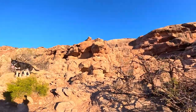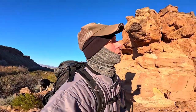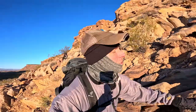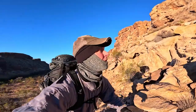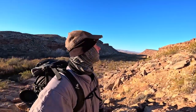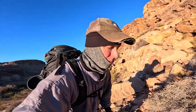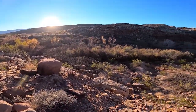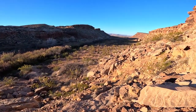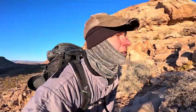Looks like there might be an alcove in here. It's worth going and having a look because you never know what you can run into. I've never been here before. This is all new to me. It's really exciting coming across this stuff. It gets your mind working, thinking about what life was like all those years ago. Not just 150 years ago, but when we're seeing some of these